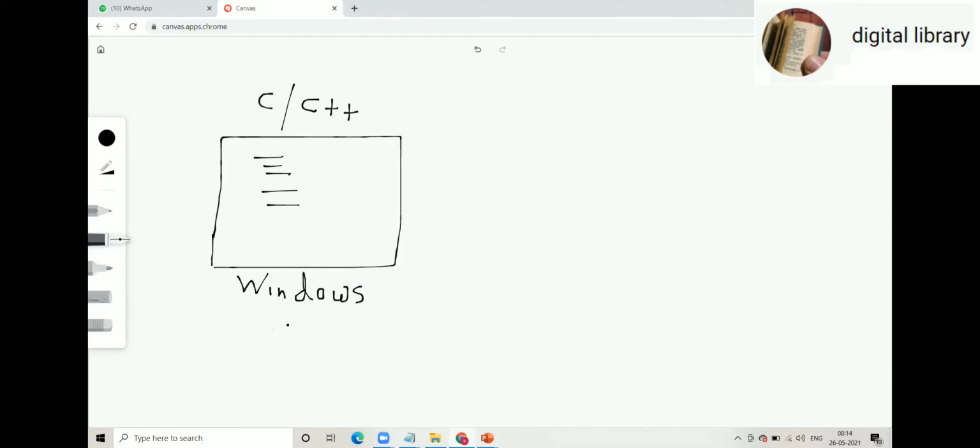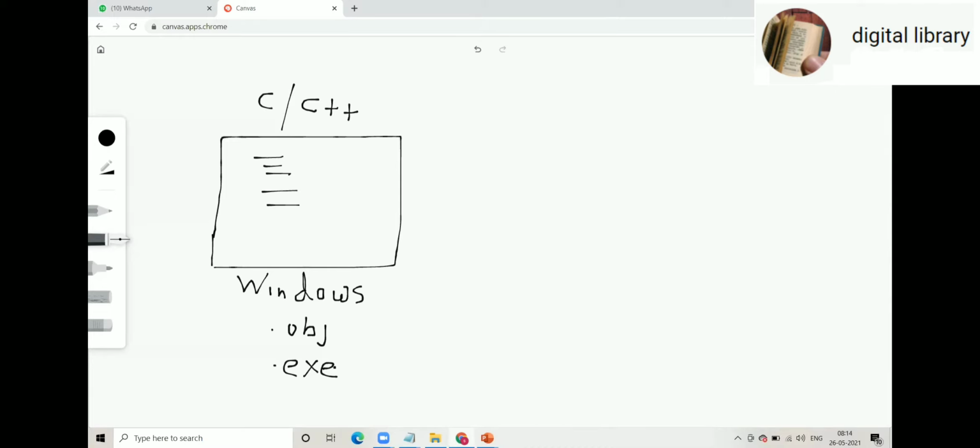So we get a .obj file. Then finally we get a .exe file. In case of C and C++, we get a .exe file, executable code.